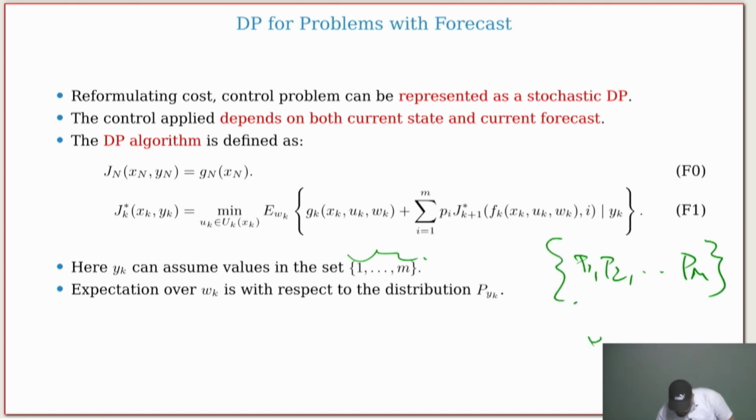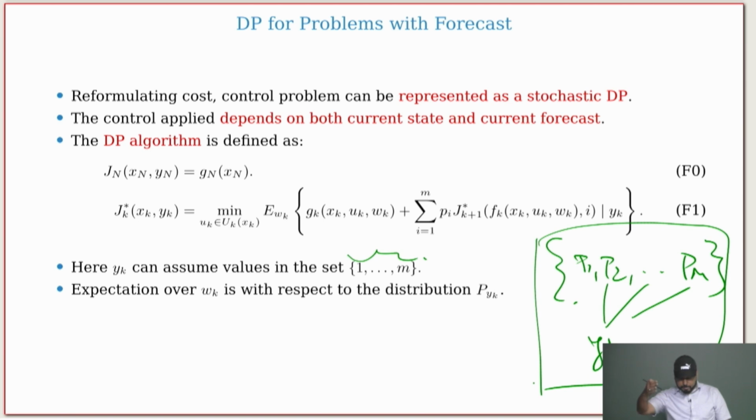So yk may follow one of these. Okay, so there will be an expectation of yk over these. Like, what is the probability that it will be a distribution corresponding to the kth distribution, or the ith distribution, like that. So this is for that. What is the yk following which distribution? So what is the expected value for that? And then once the yk is observed, then